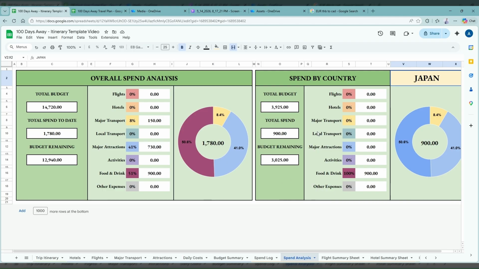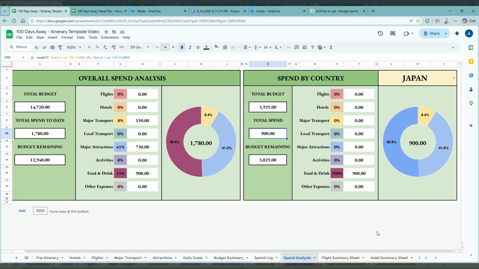I've spent already over my budget in Japan. I only had 3,900. I've spent this much, and I'm 2 days in. It tells you that you need to maybe adjust your budget, or you need to try and cut back on your spending. So just to go through the last couple of tabs here, we've got the flight summary sheet and